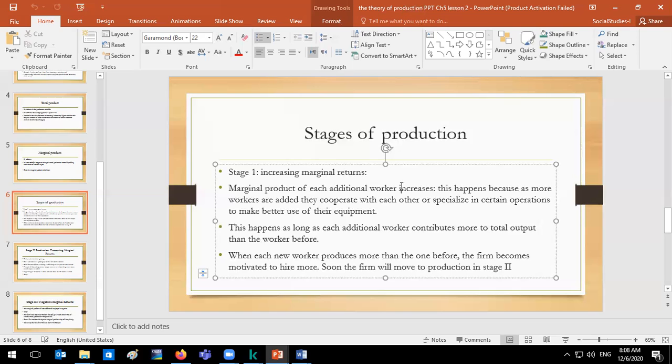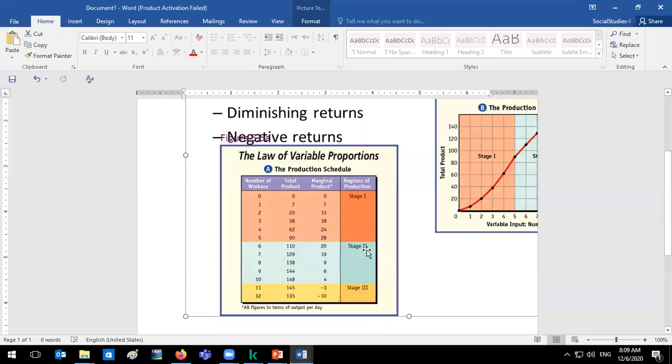Okay, now you start to shift to stage number 2. All right, what's happening to my marginal returns in stage number 2? Decreasing. Okay, so I went from 20, even though my total product is what? Increasing. So here we see the total product is still going up. However, my marginal returns are decreasing, and this is what makes it stage number 2. It's called